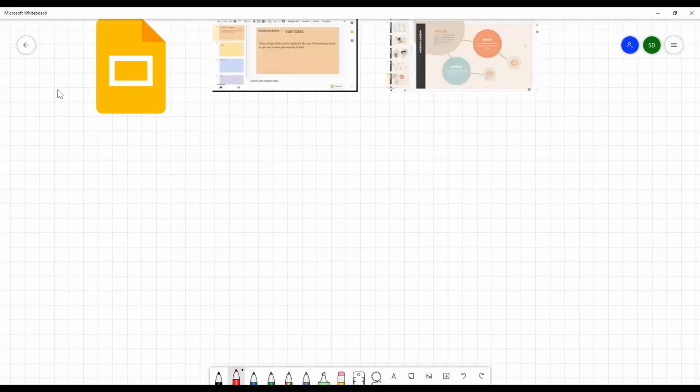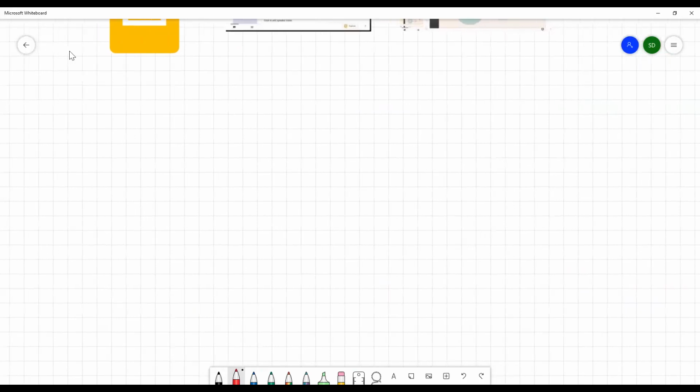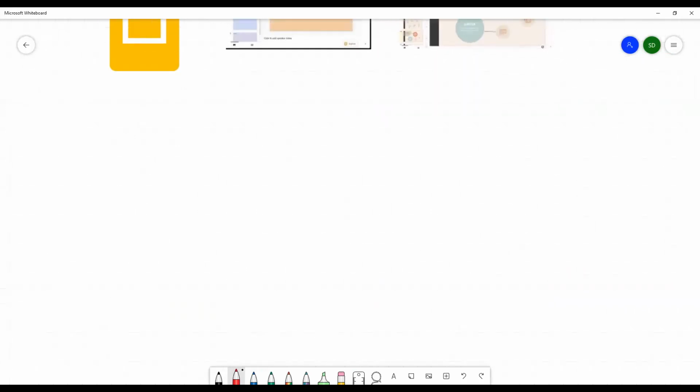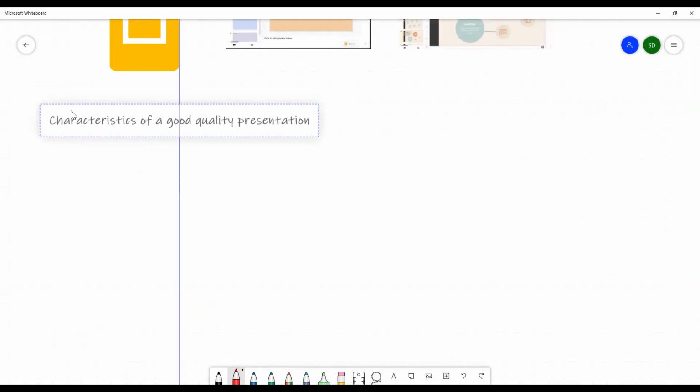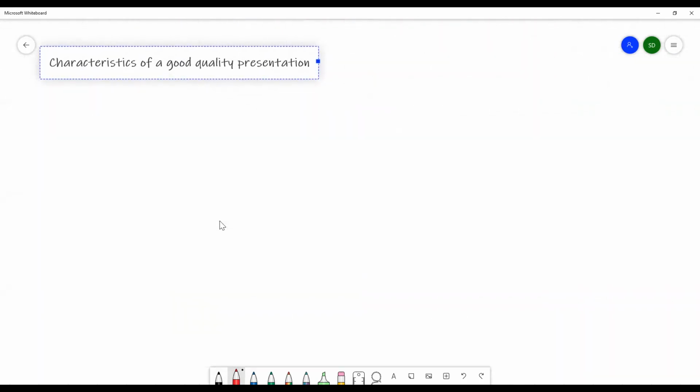So today's session, I'm going to now talk about some of these characteristics of when you're preparing presentations, right? So my first topic today is what are the things that we should consider when you are making a good quality presentation, right? So the very first one we need to remember,